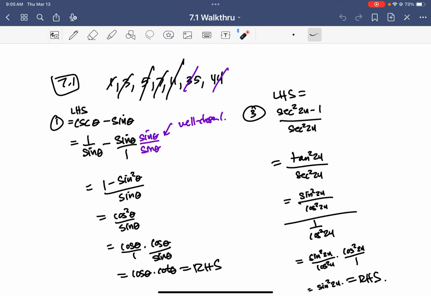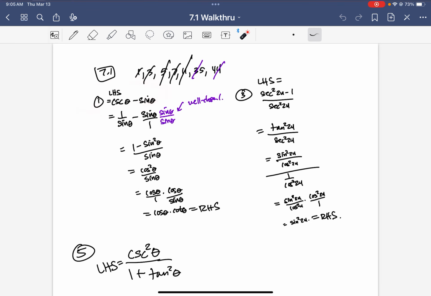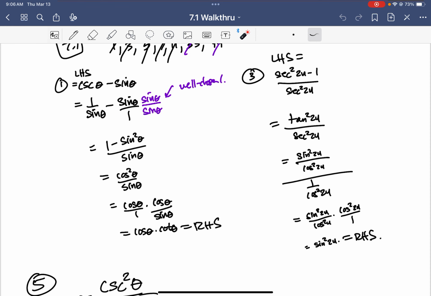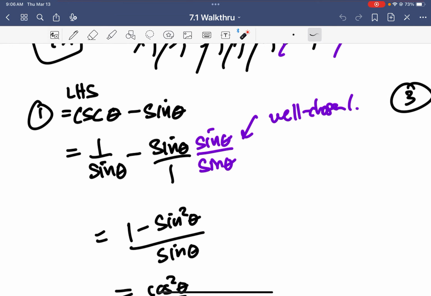All right, so going through 7.1, walkthrough of the homework. If we have this left-hand side and we're trying to get to this right-hand side, I'm probably going to start off with the left because it's got more terms, and in a lot of these proofs, from our examples, we've seen that we're going from more terms to consolidating it down to one. That happens quite a few times. So if I've got more and I go to one, I really think that that's going to be the easier way to go because you have more to work with. So if we start with this side,